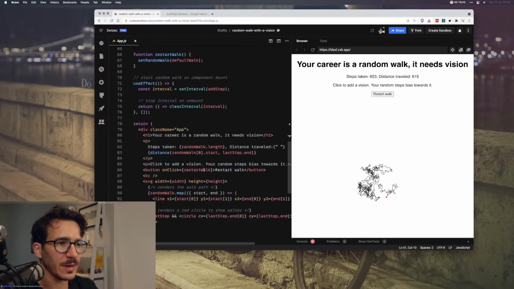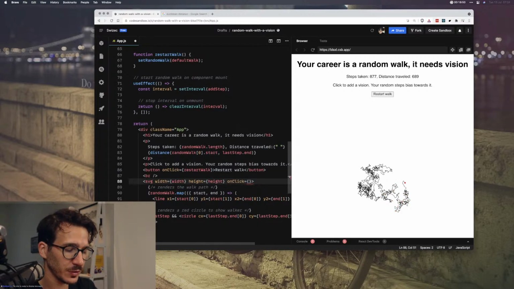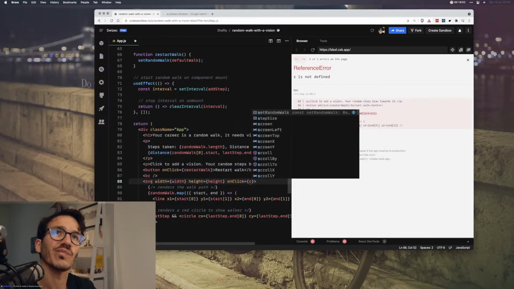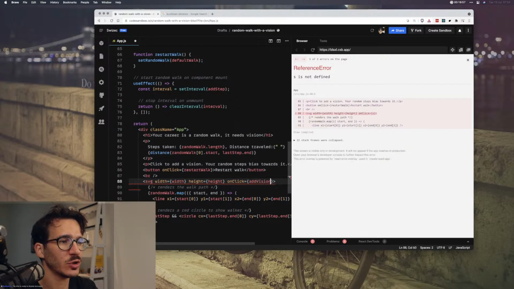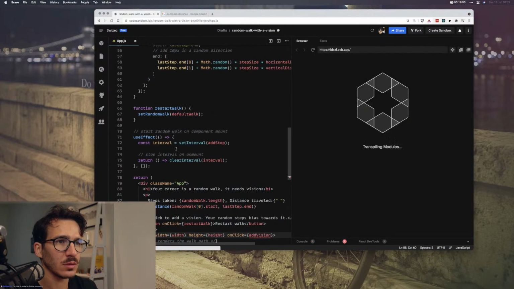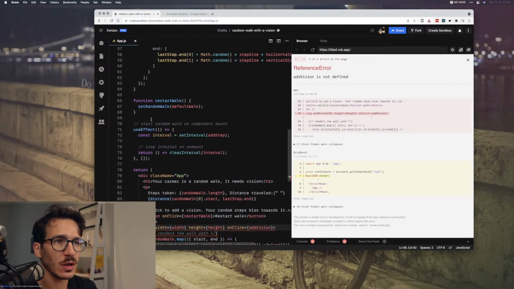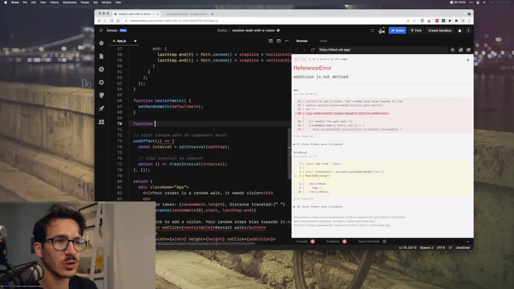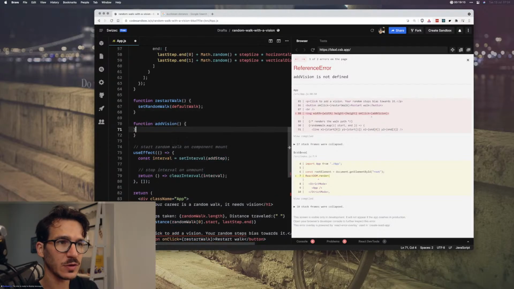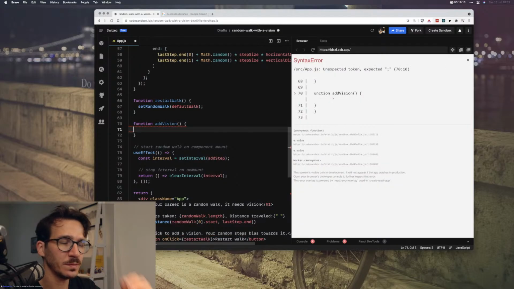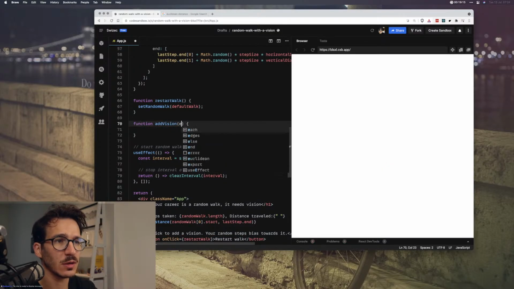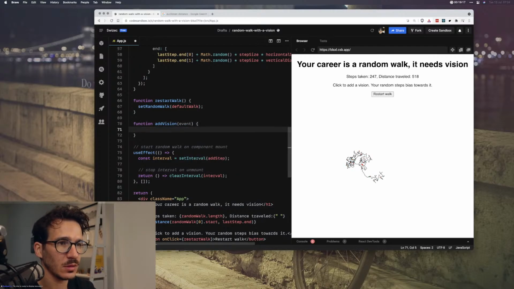Okay, first the click. So we say on click equals, what should it be called? Add vision. And we're going to have a function add vision, and first it's going to get the cursor position. So let's console log.